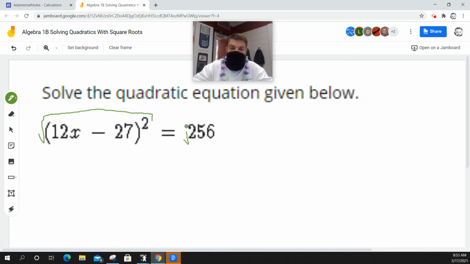Now, remember, like everything else when we're balancing equations, whatever I do on one side of the equal sign, I have to do to the other. And remember, when you take an even root, the square root, it's plus or minus. So I know the very last problem we just did, the square root of 256 is 16, right? 16 squared